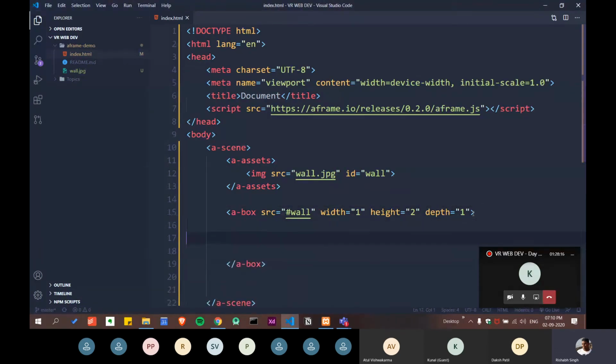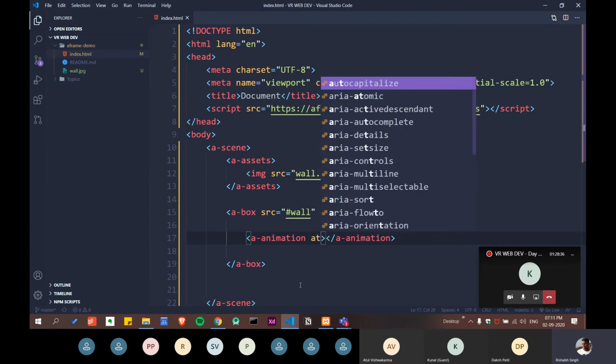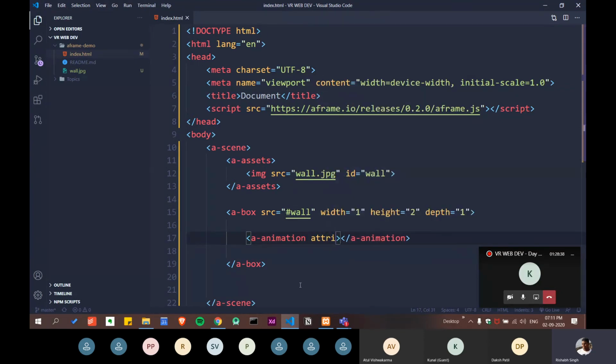Okay, so let me just add. The first attribute we are going to write is, of course, attributes.